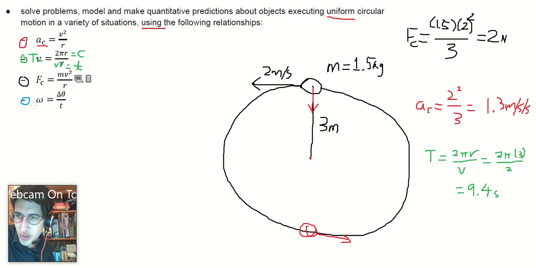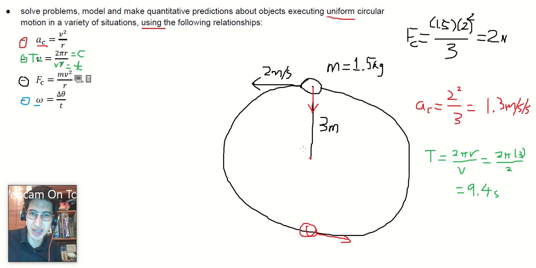It's this one here. It's got this strange looking W, and that is angular velocity. Basically, how fast something is moving in a circle, or how fast it's completing the circle. So it doesn't matter if it's got a long radius or a short radius. The rate at which it completes the circle is what this angular velocity is giving us. And so it is just the change in the angle over time. So if it starts at this angle of 0 and it travels to this spot here, and that is an angle of,